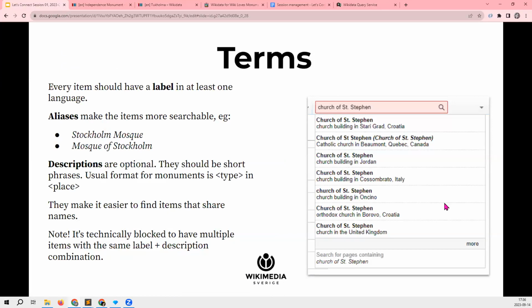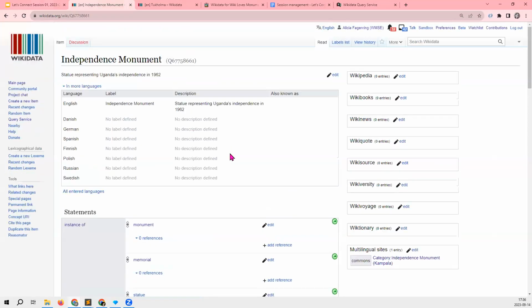I have mentioned that Wikidata has the great advantage of providing a multilingual interface. And this is also something you can see when you edit Wikidata items.